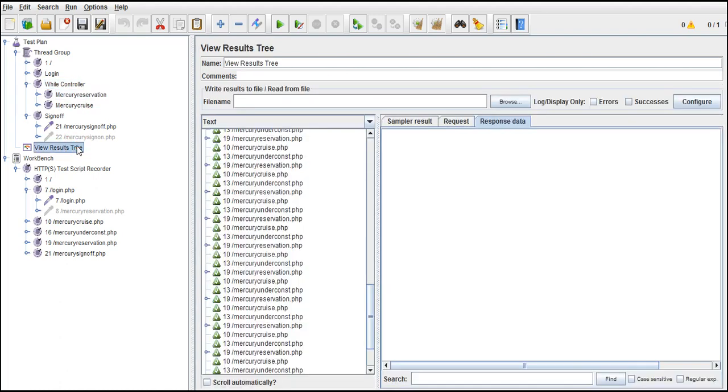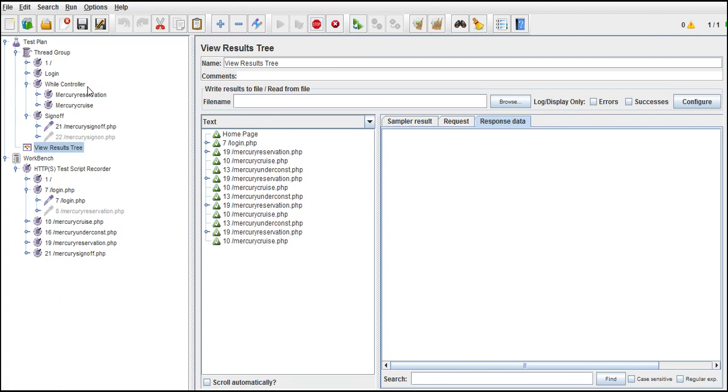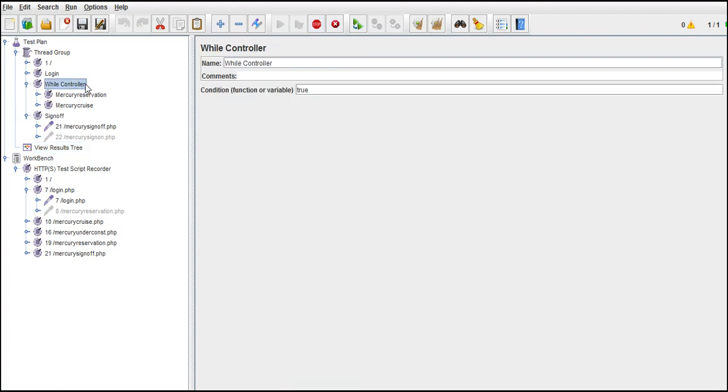You can see that here. Same thing, the loop will keep on running until it is false. So you can use while controller and define a proper condition here to make sure it works. This condition is based upon what you are defining and your previous request.